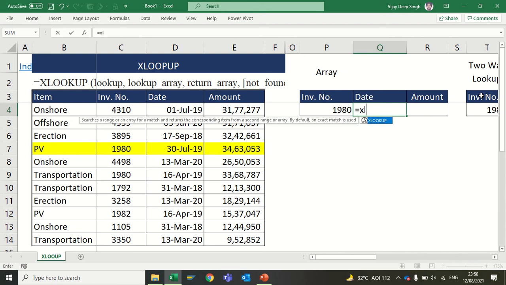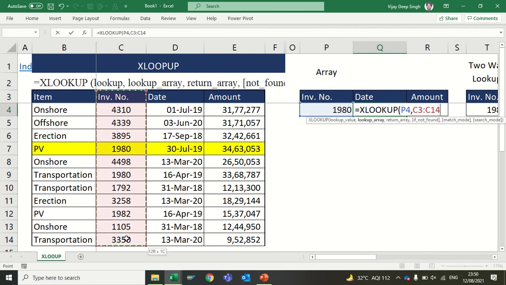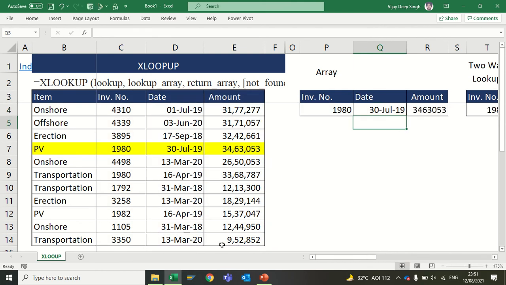How it works: just type XLOOKUP, my invoice number, my lookup array is this. Now here's the trick with the return array. In the return array I require these two columns. So instead of selecting only date, I select date and amount, then close the bracket and enter. See, I get date and amount also.